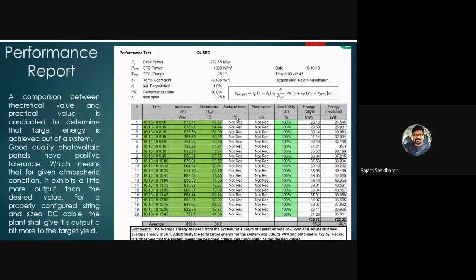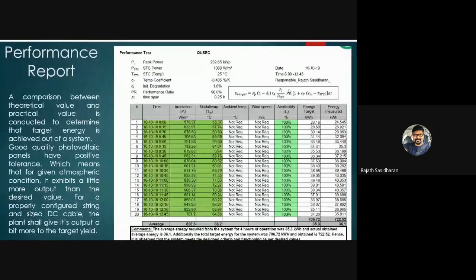Performance report. As I said earlier, there are two values that we compare, the theoretical output and the practical output. So how do you get the theoretical output? That's the energy target. And the energy target is nothing but the computation of this equation. This equation consists of the peak power, the STC power, which is the standard testing condition power, the temperature coefficient, the